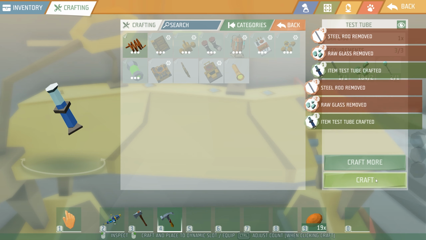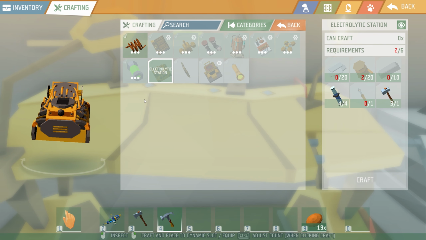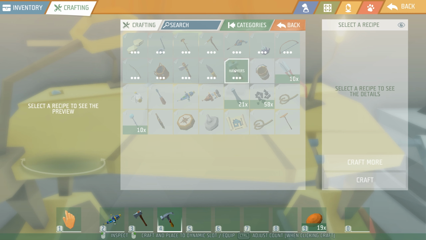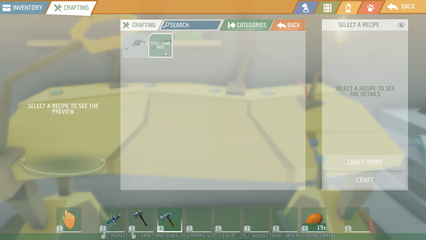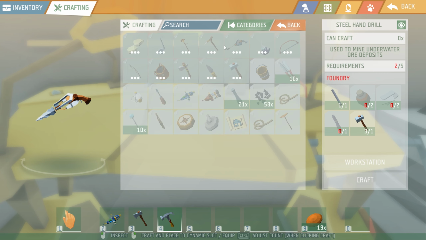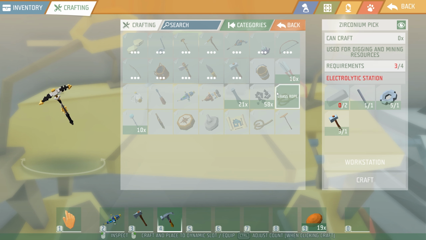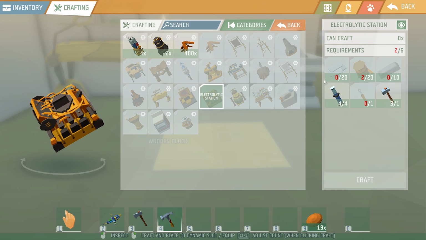2, 3, 4. What will this thing do? Electronic station. Oh, you know what? We have these new type of tools. For example, go to the hand drills. Then we have a steel hand drill. It's crafted at the electronic station, so that's why we're going to need to have one of these. I just need 20 steel plates, some...